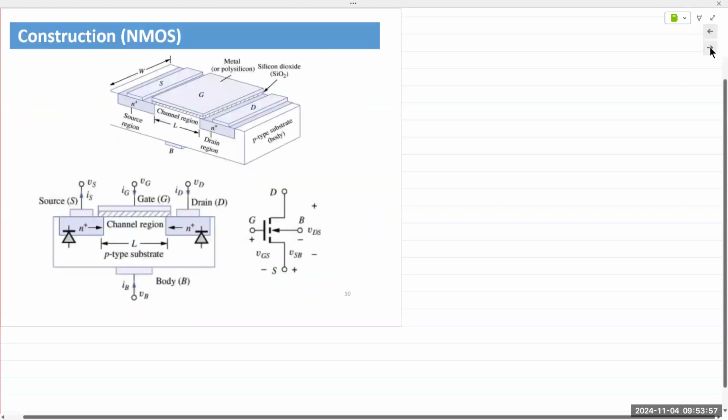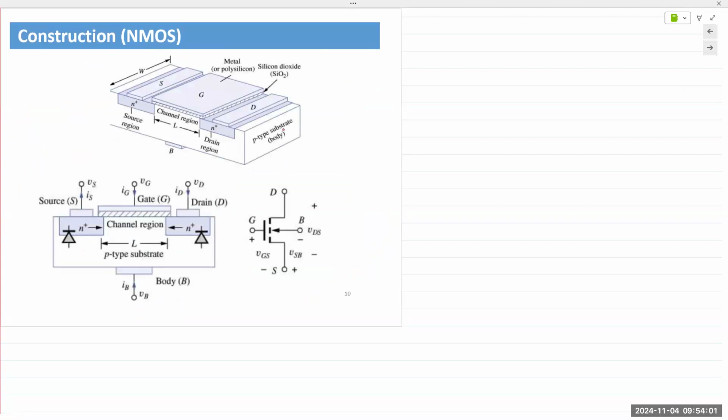So here is a construction of an N-type MOSFET. N-type MOSFET uses a P-type substrate. Substrate is basically the starting material. It's like your work table. Here it's also referred to as the body or the bulk